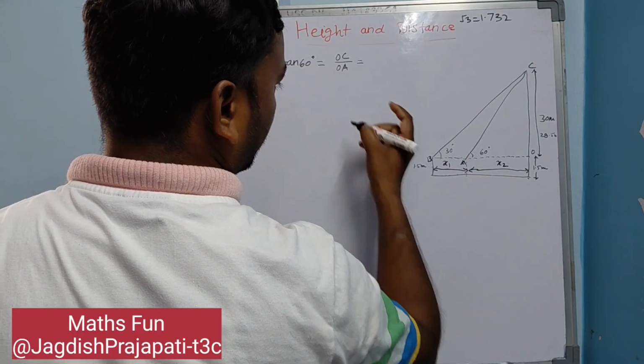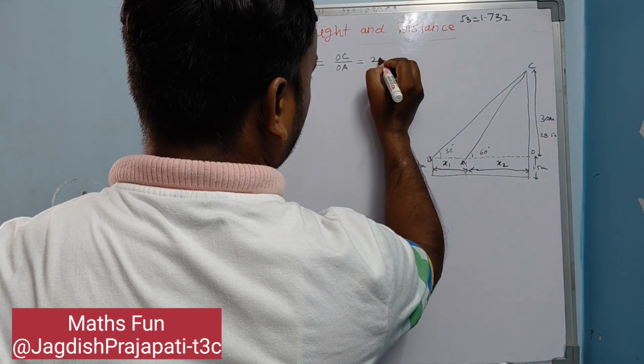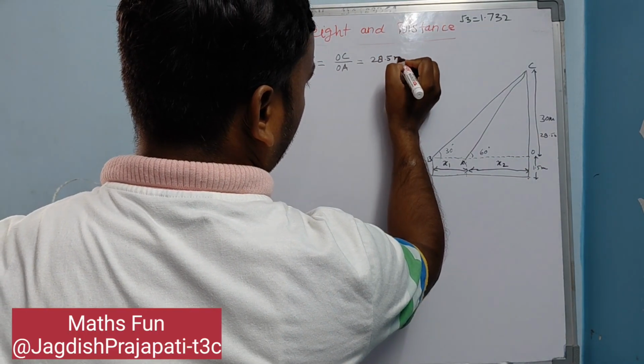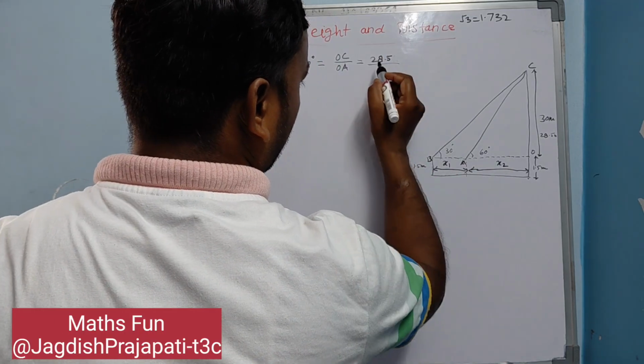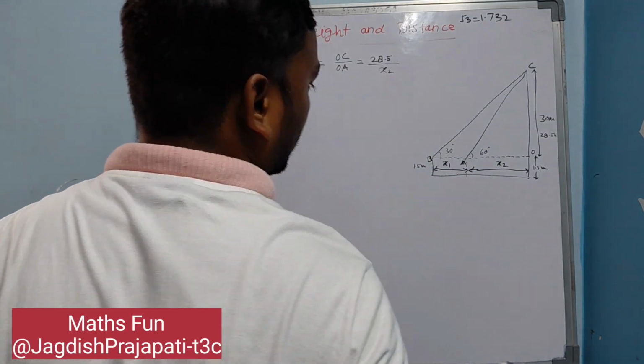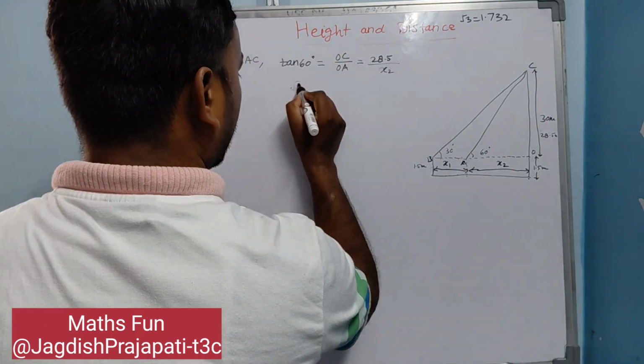OC is 28.5, and OA we have assumed as x2. Okay, tan 60 is under root 3,